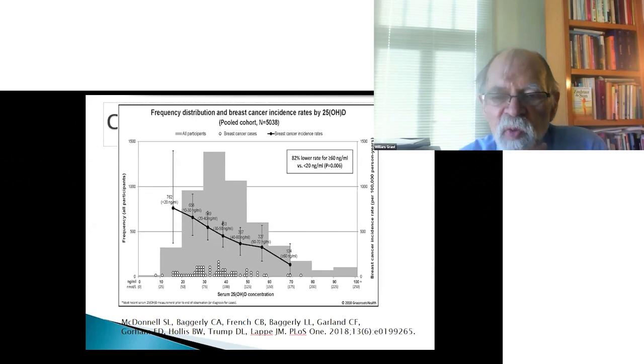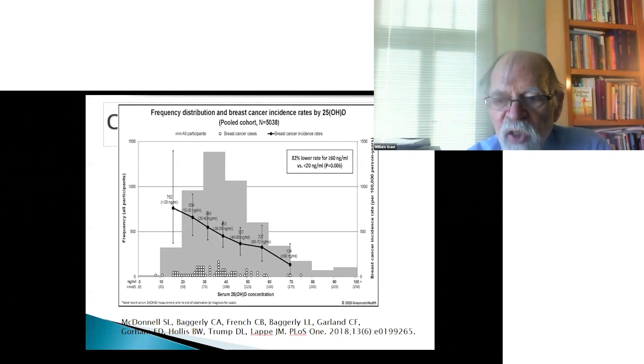It's analyzing results for women who were either in one of two randomized controlled trials conducted by Joan Lappe et al. at Creighton University in Nebraska, or who were enrolled as volunteers in the Grassroots Health volunteer cohort, who would take whatever vitamin D dose they wanted to and have vitamin D levels measured every 6 months with a